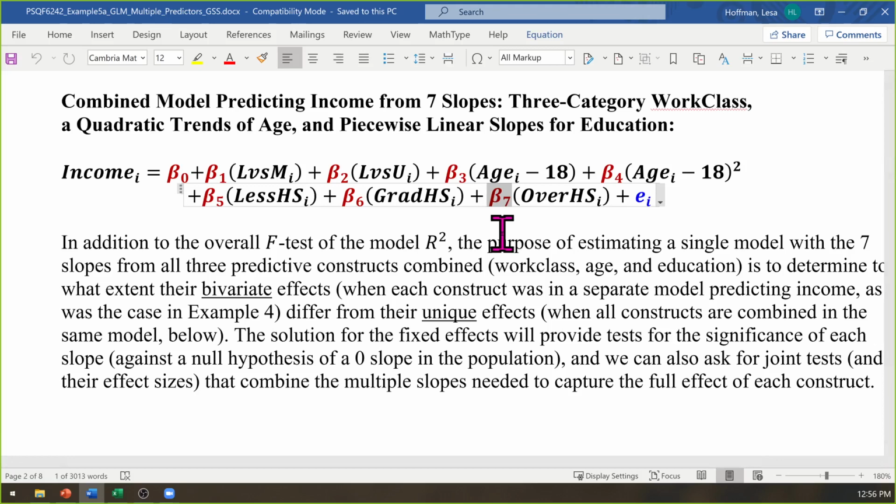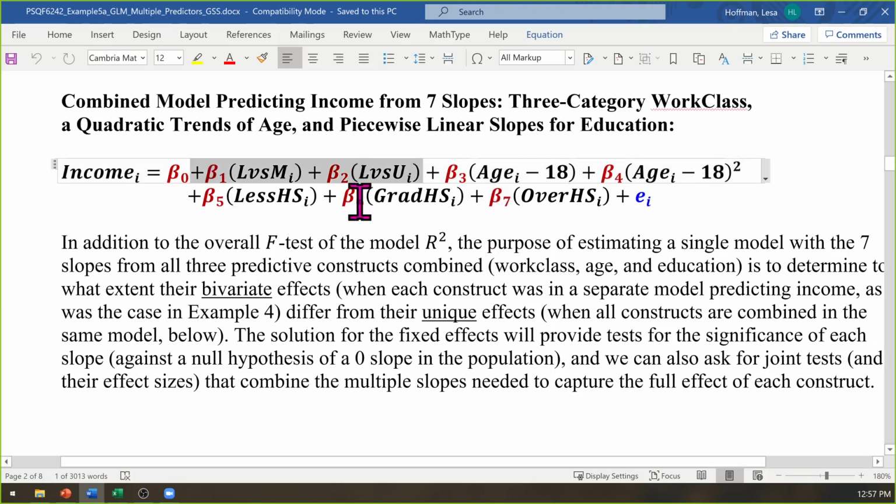But how many different variables are those 7 slopes representing? Like as a construct, how many separate predictive constructs? Yeah, just 3. Because it takes 2 slopes to talk about the effect of 3 category working class.